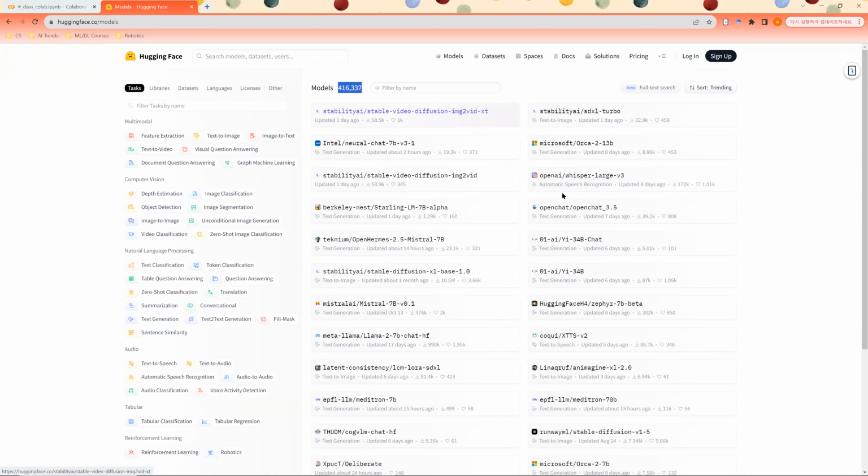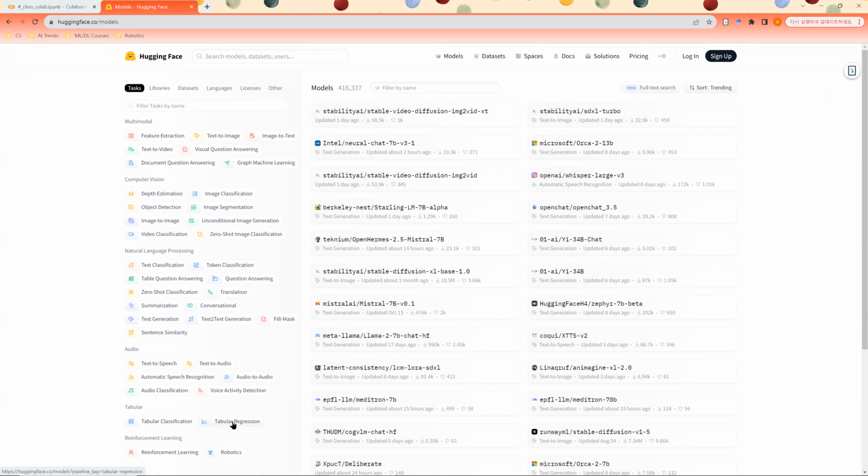Some models are from OpenAI, Berkeley, Intel. They all upload their pre-trained models here. And you can search different types of models like multimodal, computer vision, natural language processing, audio, tabular, or reinforcement learning. So depending on your application, you choose these pre-trained transformers and fine-tune them or use them as they are